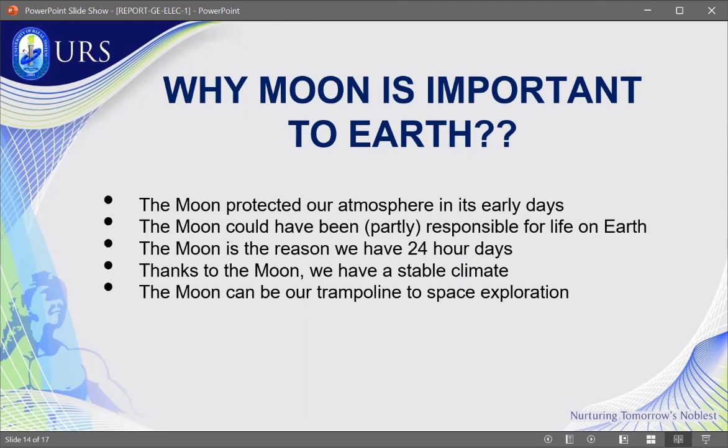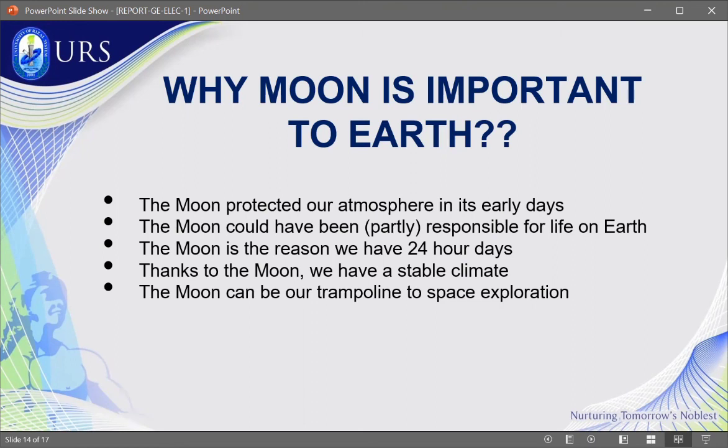Fourth point is, because of the moon, we are experiencing a stable climate. So dahil ulit sa gravity ng moon, na-keep niya yung Earth's tilt into a more stable point or position. So kung hindi kasi makikip yung Earth into a stable position, habang nag-rotate siya, may movement na magaganap downward and upward. At kapag nangyari yun, mas mapapabilis yung paggalaw ng clouds and ng winds, kaya nagkakaroon ng aggressive weather conditions or harsher environment.